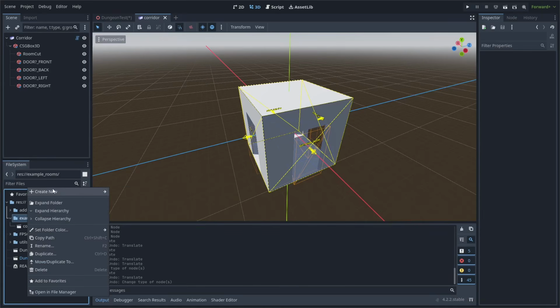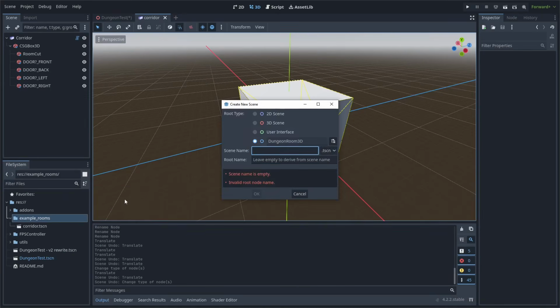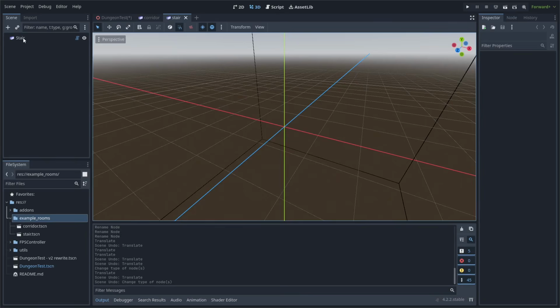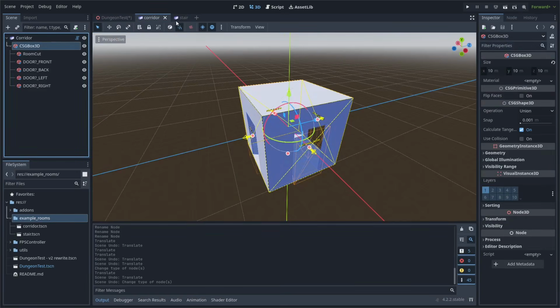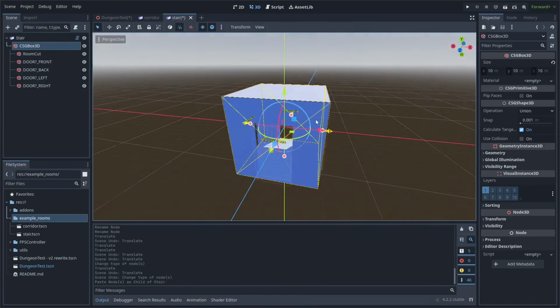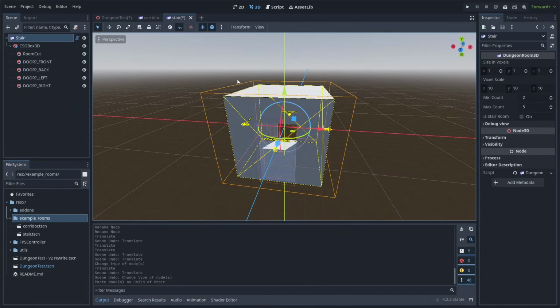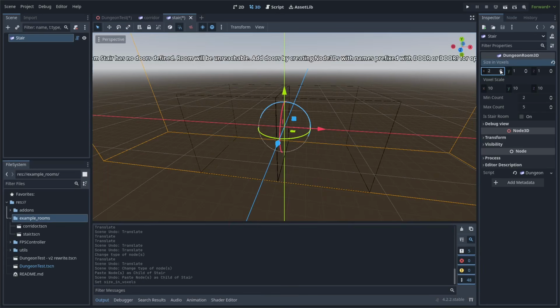So yeah, I'm going to do next a stair room in a very similar fashion here. I'm just going to call it stair and have it also inherit from the DungeonRoom3D. And a very similar setup here. I'm actually going to copy over the room here. Or actually, instead, I'm going to set the